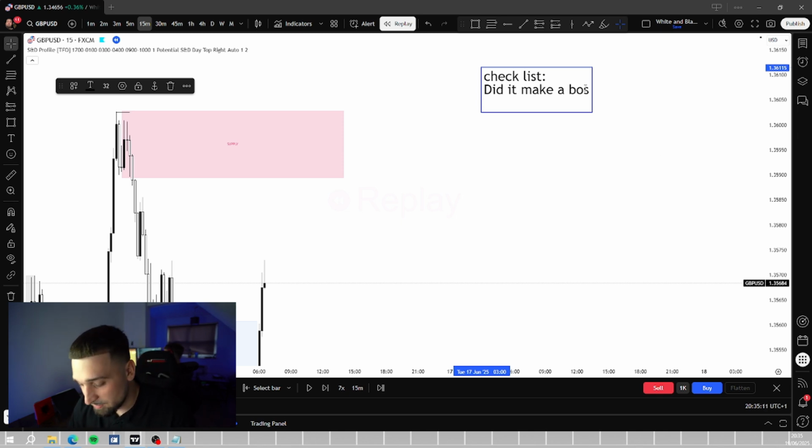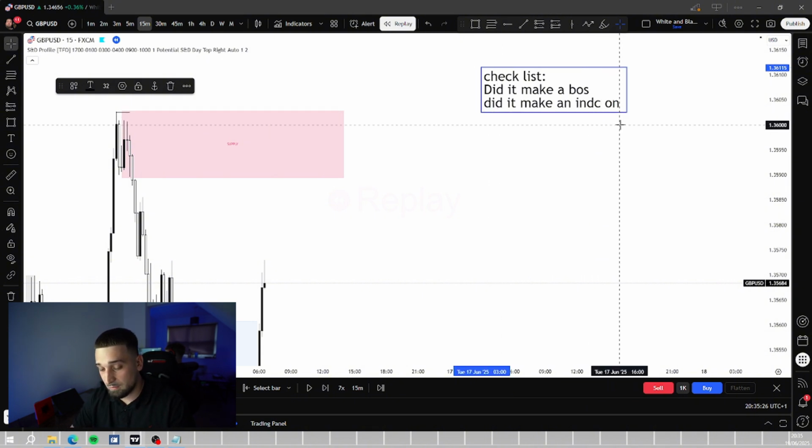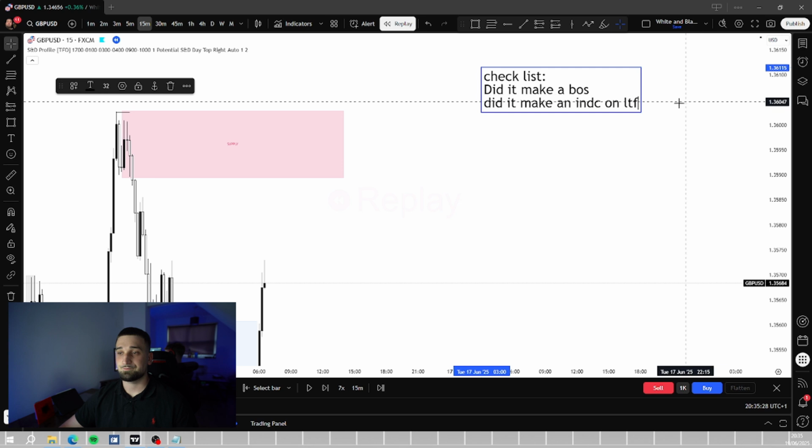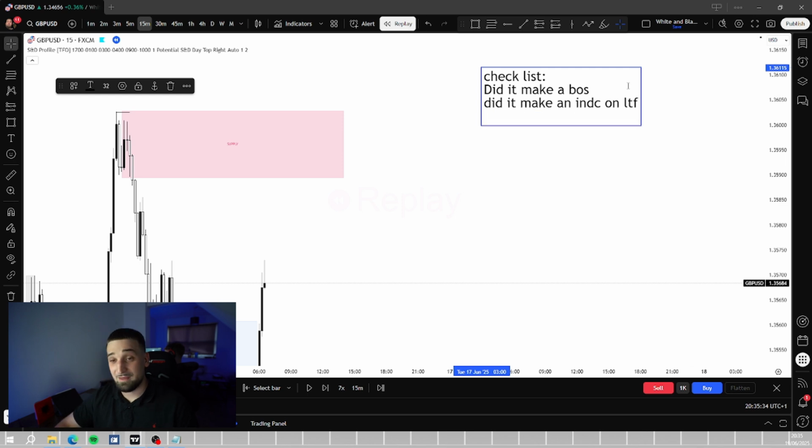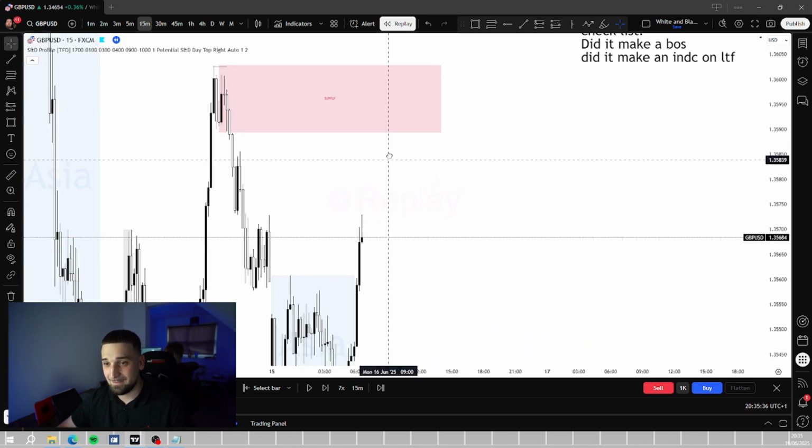So did it make an inducement? I'm going to write it as "induce" so I'm not going to write the whole thing. Did it make an inducement on lower time frame? So it did not make an inducement, and clearly that might be the reason why it did not continue to the downside. So my third thing that I like seeing is